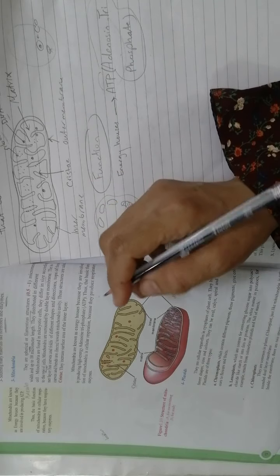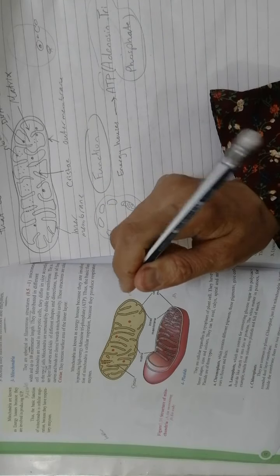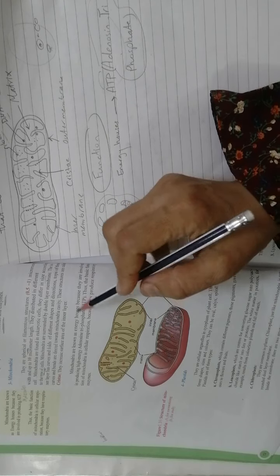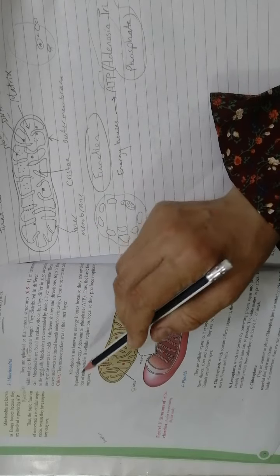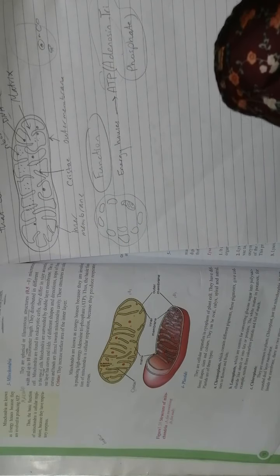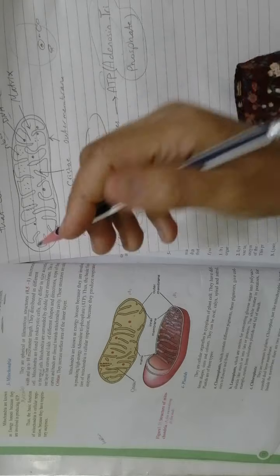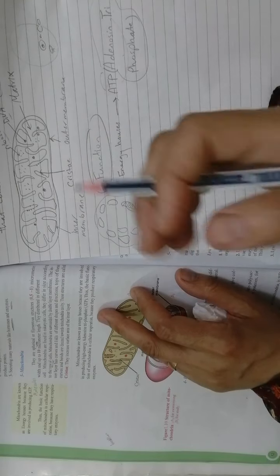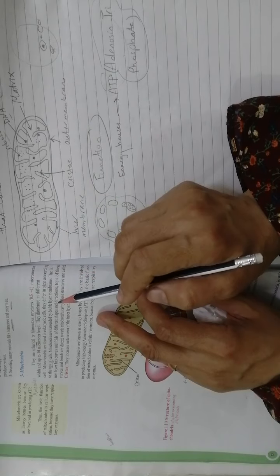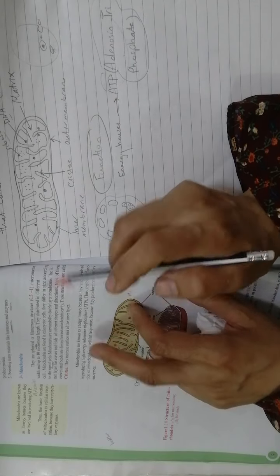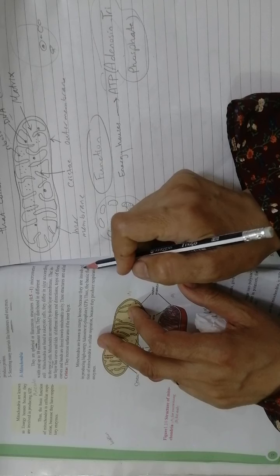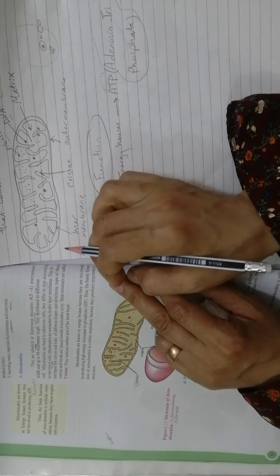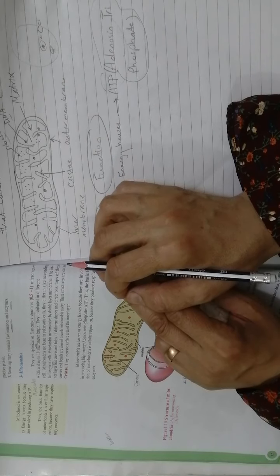Later, when we take respiration, that means how a cell breathes, we will take this information briefly. Now, the function of mitochondria: we said it produces ATP and its function is in cellular respiration because it produces respiratory enzymes.